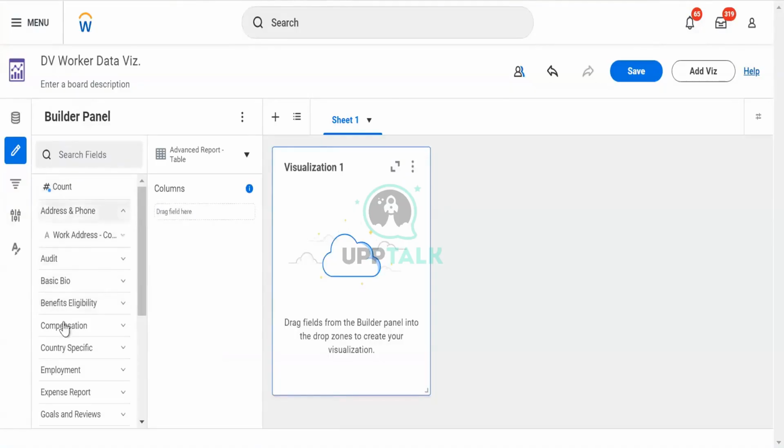What is this? This is the builder panel, and this is a column. Let's say I want to use it. I will drag and drop it over here, and I'm good to go with the visualization. Then next, we know that in the builder panel, the left part is